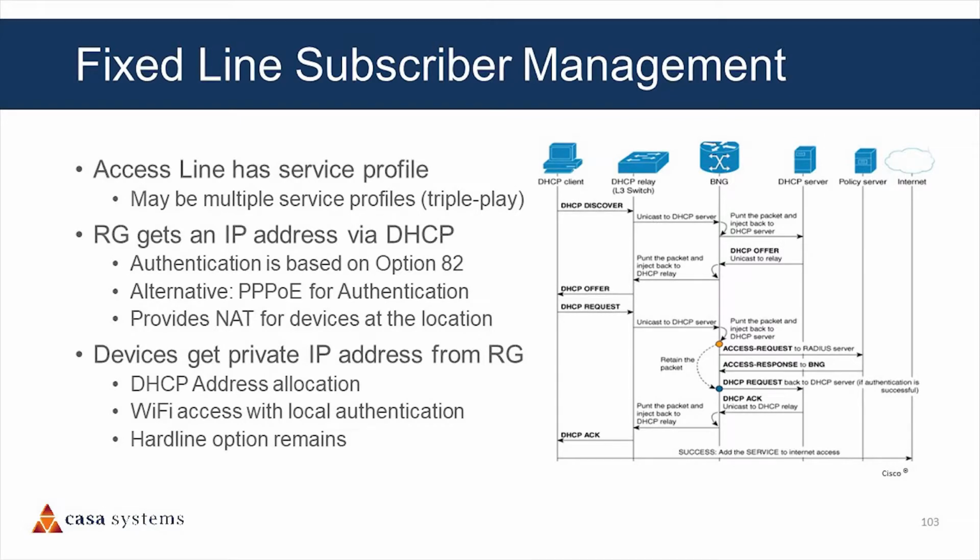So what's the next step? Where's the way to move a fixed line from being about where you are to being about who you are? Because if you think about it, from a customer's perspective, whether you're wireline or wireless, they want to be treated the same. Wouldn't you like to be able to take your device and go into your next door neighbor's house and get your service there without interrupting your neighbor? Wouldn't you like to be able to go to your local coffee shop that might happen to be serviced by your service provider and get your service at the coffee shop and not have to fight for the bandwidth that's there?